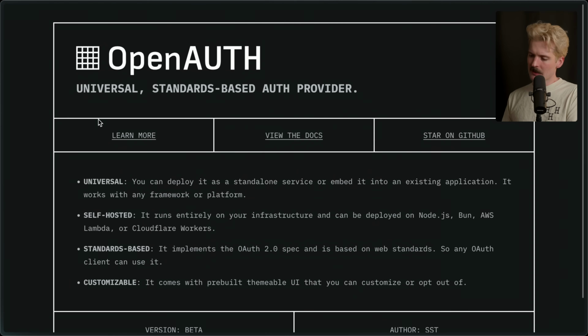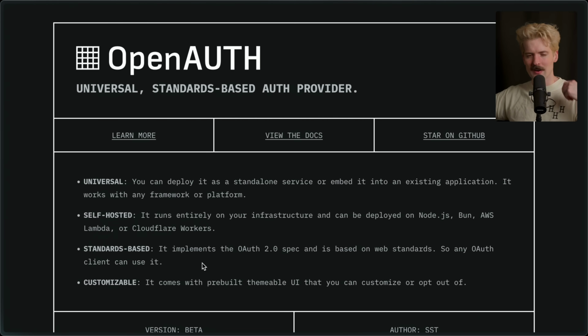OpenAuth is built by Dax and crew over at SST. It is very hands-on. It does very basic stuff for you and shows you roughly how to pull it all together. It lets you separate your auth into its own service. And I don't want auth in my database ever again. My database is for my data, not for my auth. Keep my auth out. I am very black-pilled now on user table not being in my database, and it's made my life significantly better. OpenAuth lets me do that trivially, where our auth layer for T3 chat is a 20-line